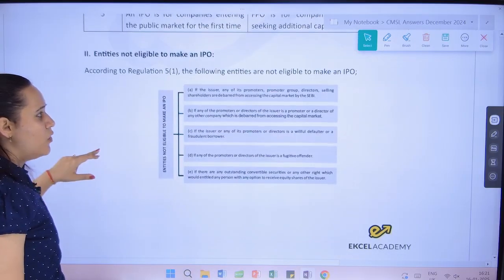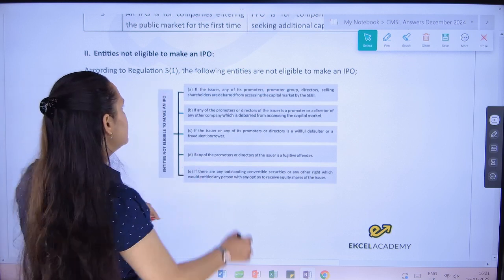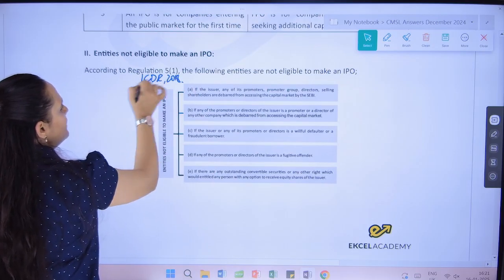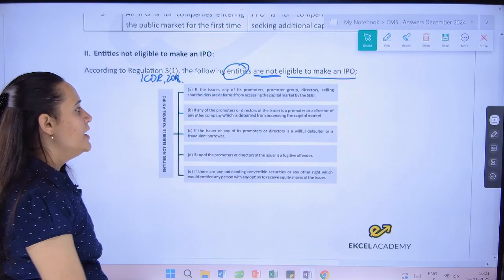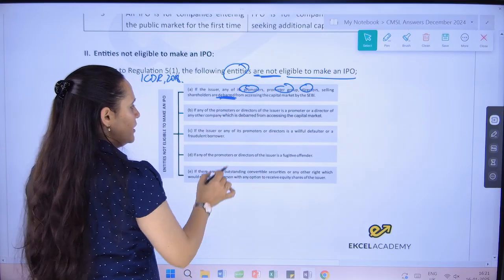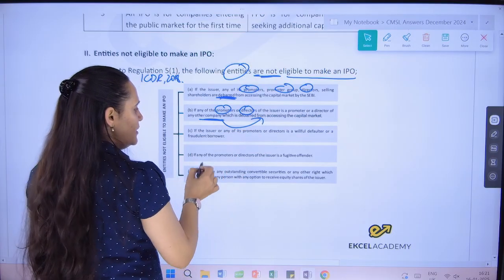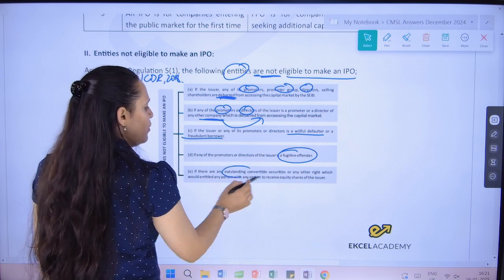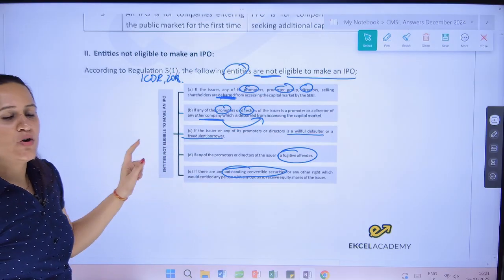Now, entities that are not eligible for making an initial public offer: regulation 5, sub-regulation 1 of the ICDR regulations. I have not mentioned it specifically, but please mention that it is of SEBI ICDR regulations 2018, which clearly talks about entities which are not eligible for making an IPO. A list is there. If you are a promoter, promoter group, or director who is debarred from accessing the capital market, if you are the promoter or director of any other company which has been debarred from accessing the market, if you are a fraudulent borrower or willful defaulter, if you are a fugitive economic offender, or if you have any outstanding convertible securities, if any one of these factors is applicable to your company, you will not be permitted to make